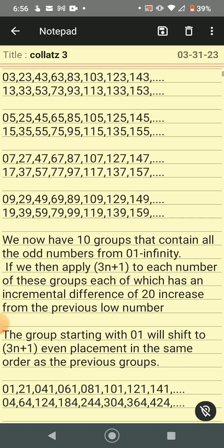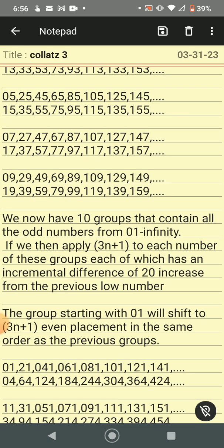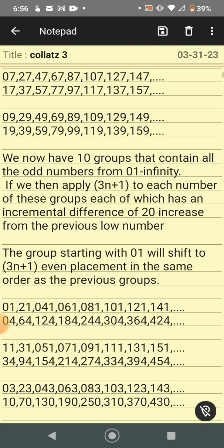As you can see, we now have 10 groups that contain all odd numbers from 01 to infinity. If we then apply 3n plus 1 to each number of these groups, each of which has an incremental difference of 20 increase from the previous low number,